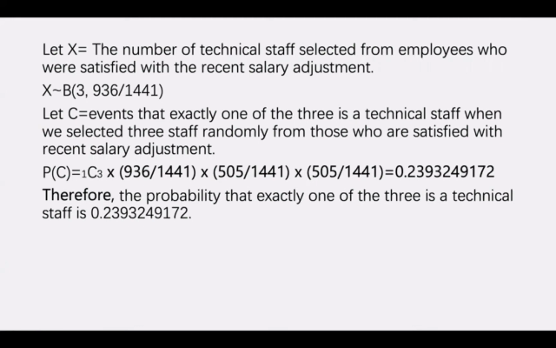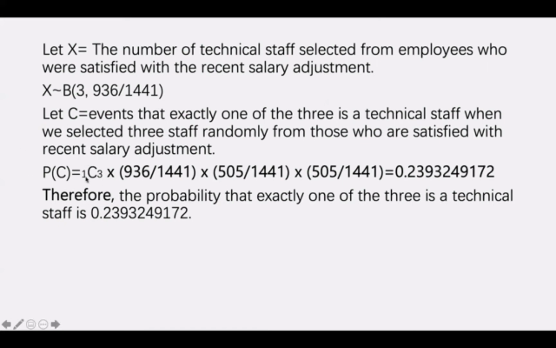The variable X follows the binomial distribution. So we let C be the event that exactly one of the 3 is a technical staff when we selected the 3 staff randomly from those who are satisfied with recent salary adjustments. So that